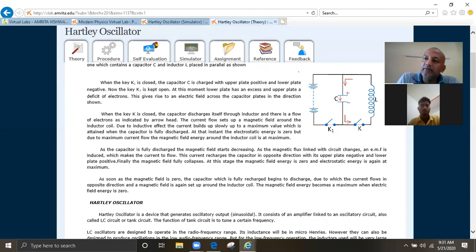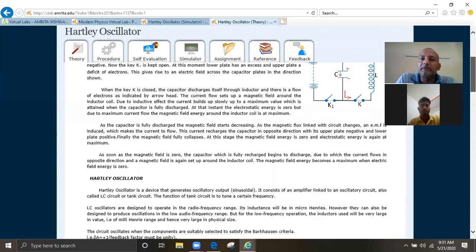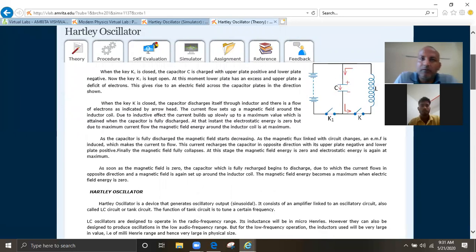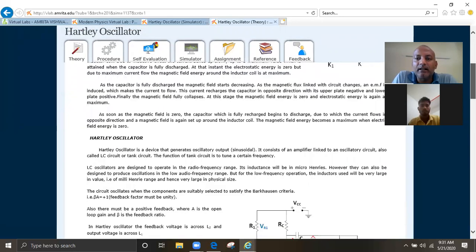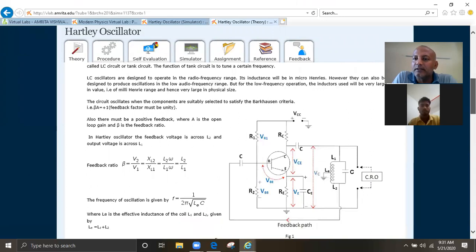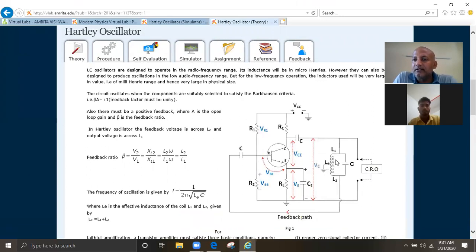So in our course we have two oscillators, one is the Hartley oscillator and another is the Colpitts oscillator. This is the circuit of the Hartley oscillator. It contains two inductive coils L1 and L2 and one capacitor C. For feedback, we have a transistor amplifier in common emitter configuration.